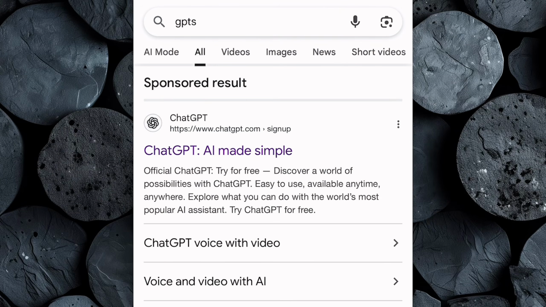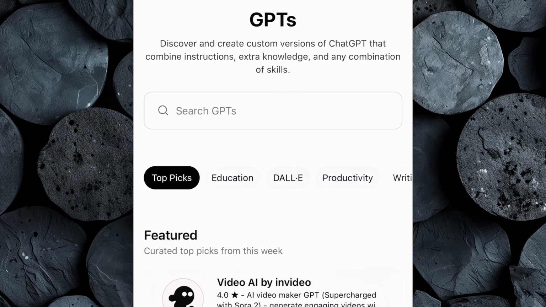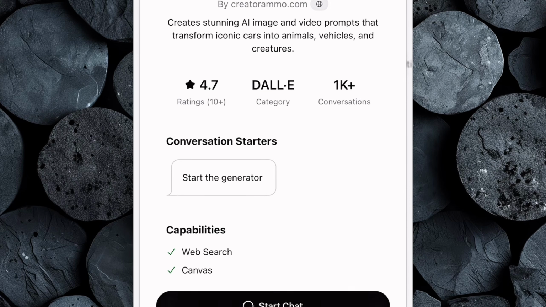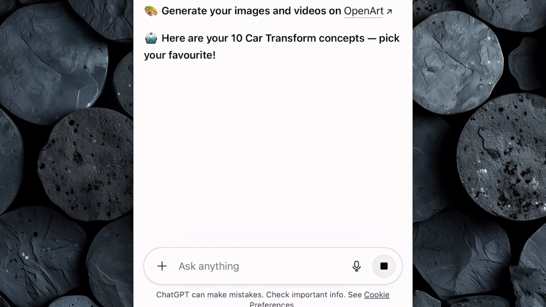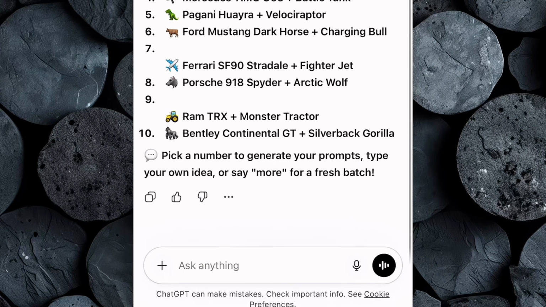Head over to your browser and search for GPTs. Once the results load, look for Explore GPTs and click on it. In the search bar, type Car Transform Generator and open the result. Now click Start Chat and you'll be taken to the AI generation interface. From here, click Start the Generator, and within a few seconds, the AI will generate 10 unique car transformation concepts